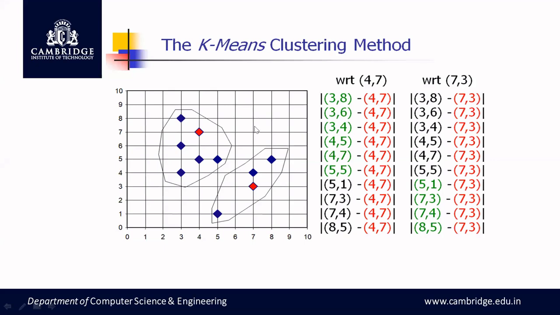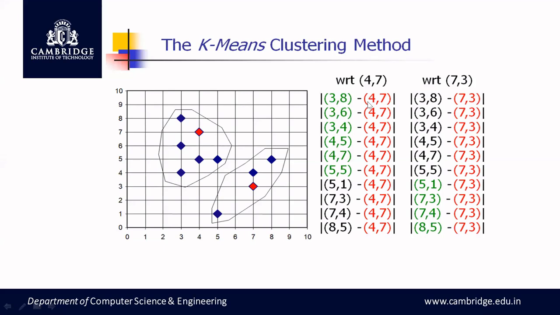In this case, the centroid value is 4,7. So in the next step I'll recompute the new centroid. How to compute the new centroid? We add the x centroid value, or it is also called the mean value. We are taking the mean value with the data points. So I will take the mean of these 2 data points. That is 3 plus 4, that is 7 by 2, that is 3.5. Then 8 plus 7, 15 by 2, that is 7.5. So my new centroid will be 3.5 and 7.5.